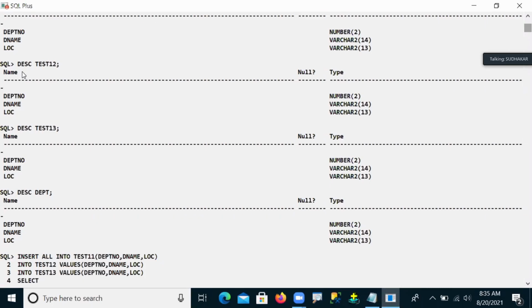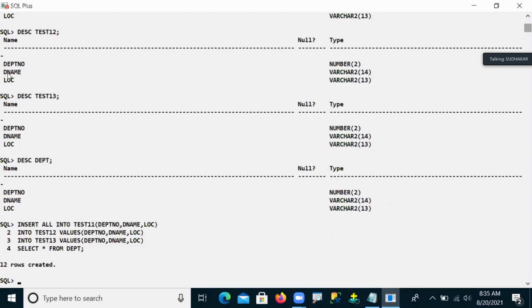Select star from which table, the DEPT table. Let me see, the same column names I was taken. Here, 12 rows are created. Let you see your table. Select star from test number 11.